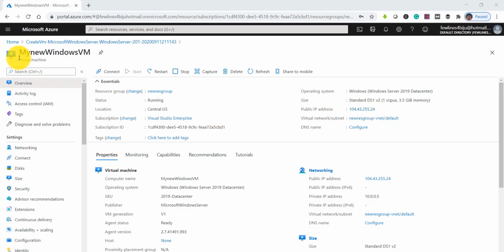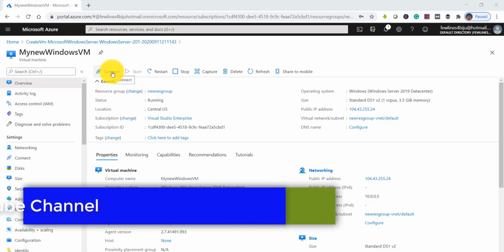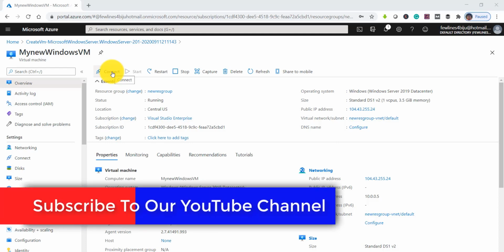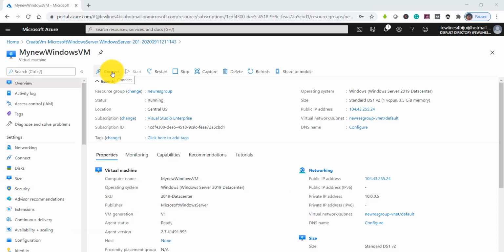Now this is our virtual machine, whatever we have created now. We have created the VM. So now we should see, right? We should connect to it and see whether it's working or not, whether you are able to connect to the virtual machine or not, isn't it? Unless and until we do that, we are not very sure whether it's actually working or not. So let's try to connect then.